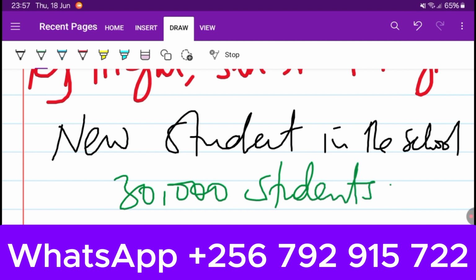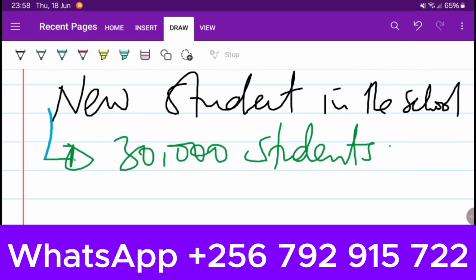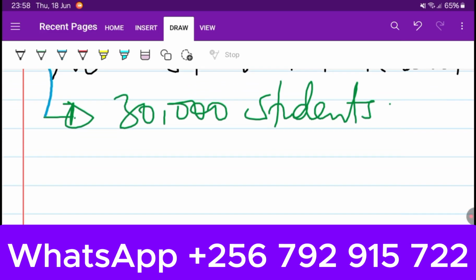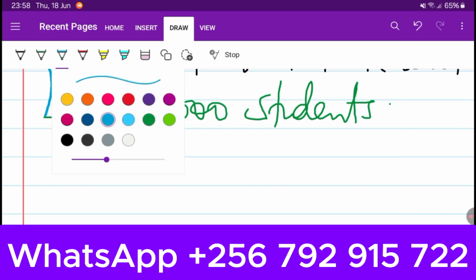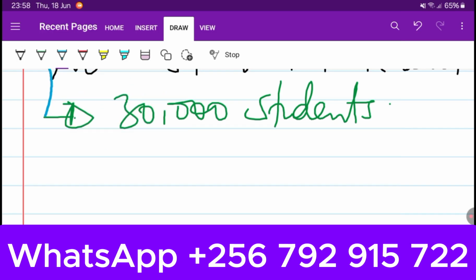That is the intake. So the 30,000 itself is a quantitative aspect. The other way you can describe this data within the quantitative aspect is to say that within the 30,000 students, maybe we have